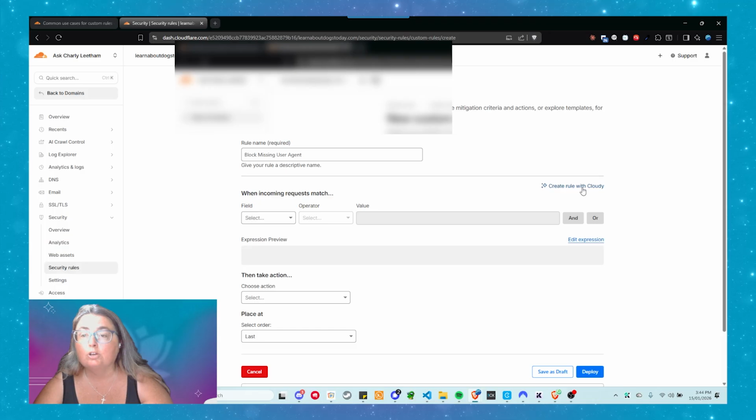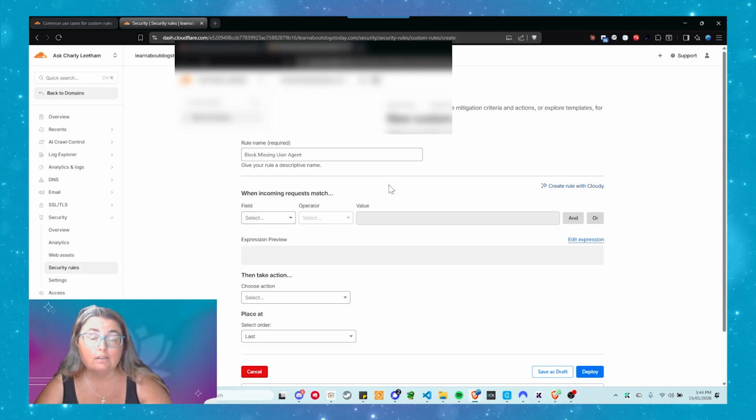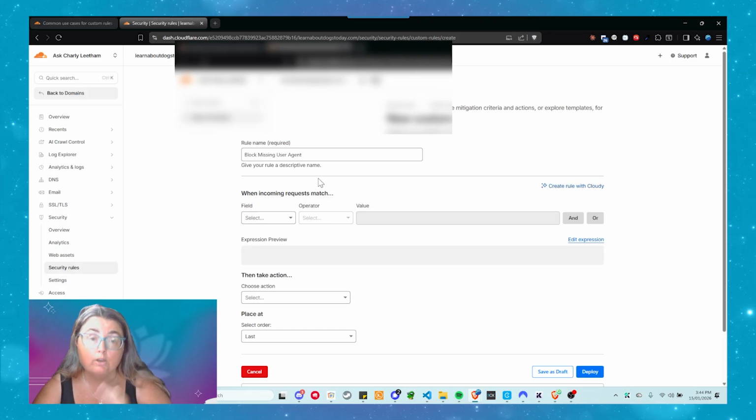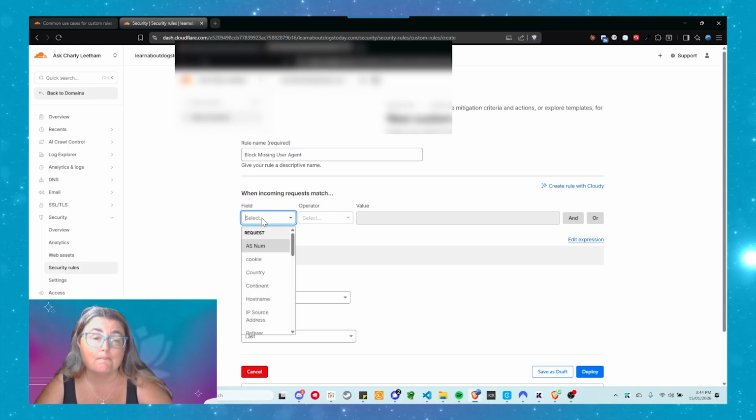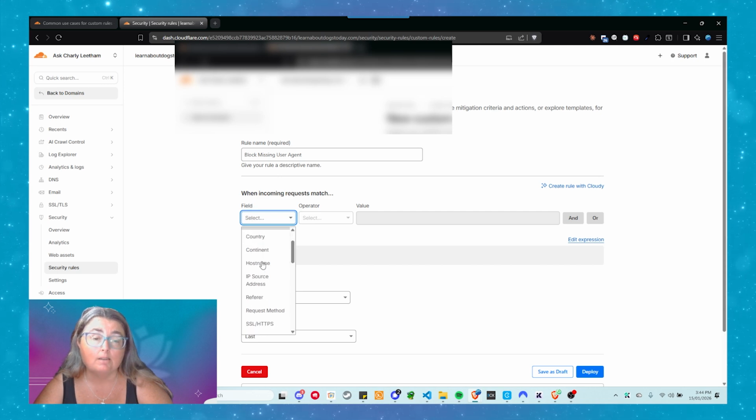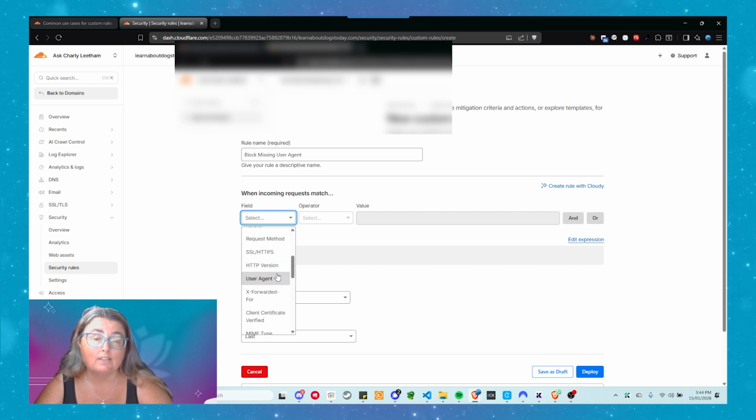And look, we could try and use Cloudy to create it, but I know what I'm looking for. I know what I want to do, so I'm going to just build it manually. When the incoming requests match, and in the select under field, we're going to click on select, and come down to where it says user agent,